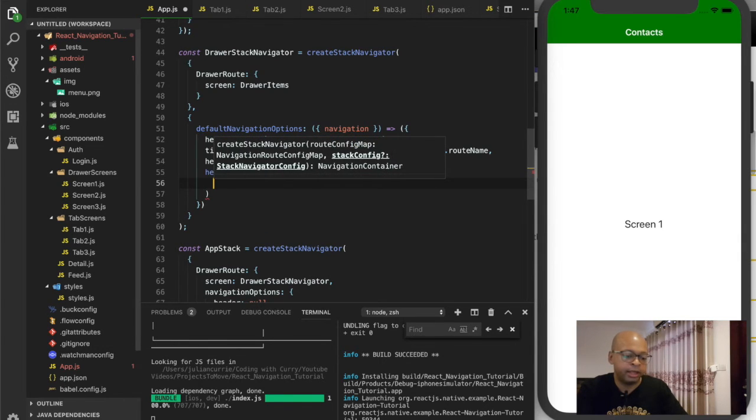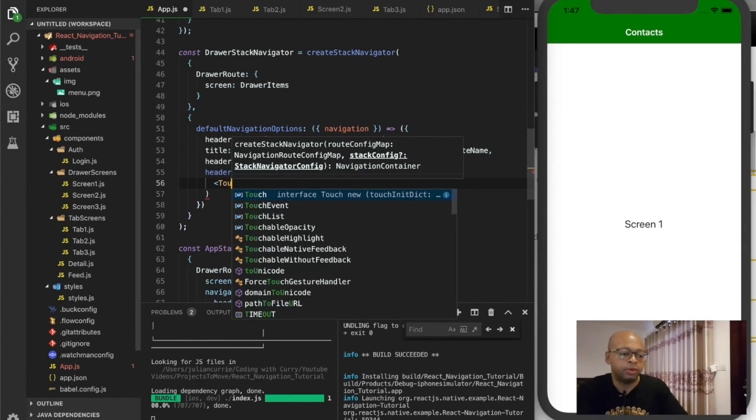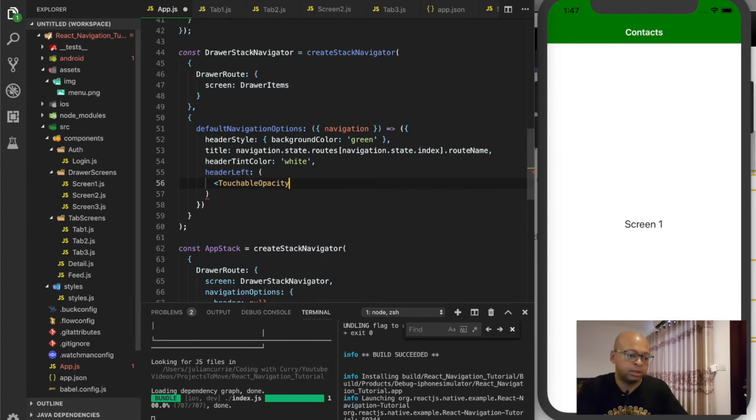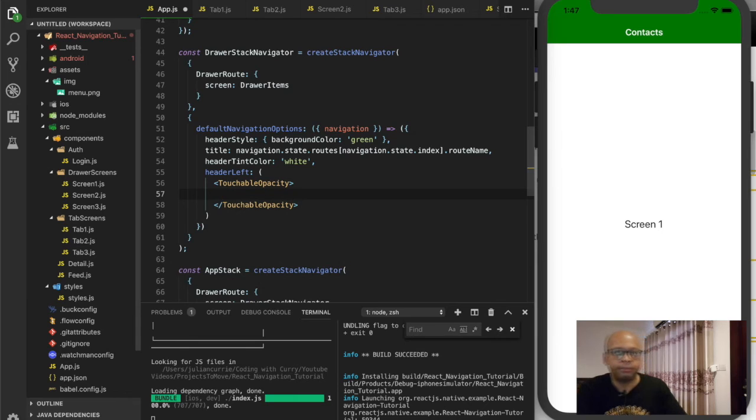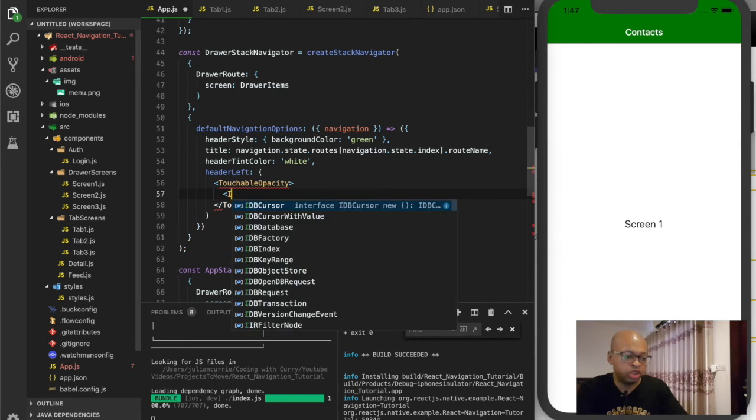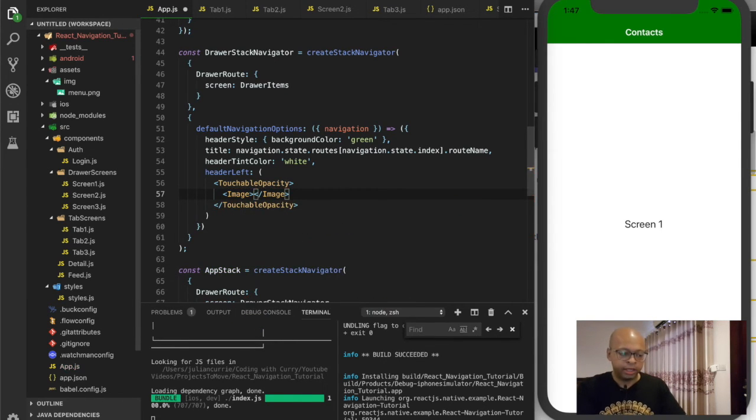We're going to add a touchable opacity, and we're going to add an image within our touchable opacity. Actually, let's just close this here like this. So every image component takes a source,